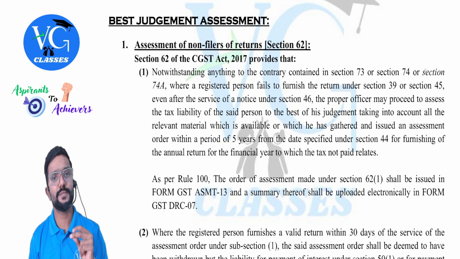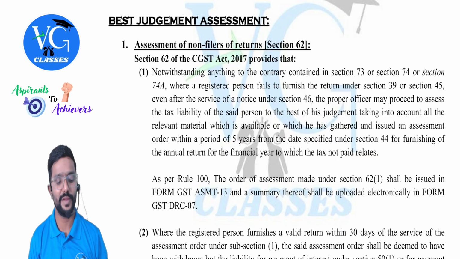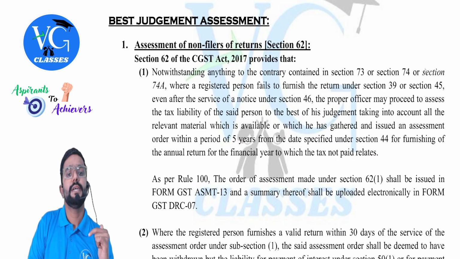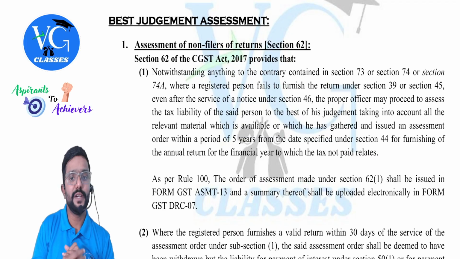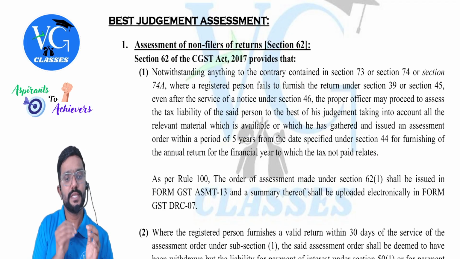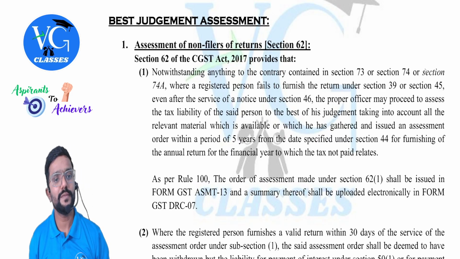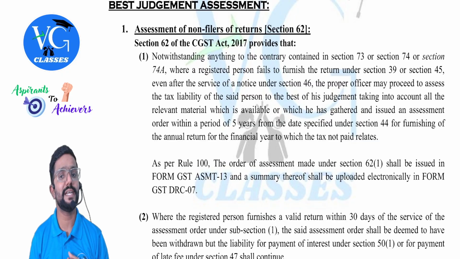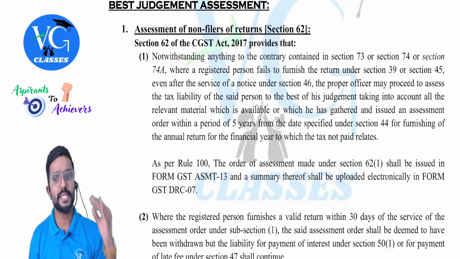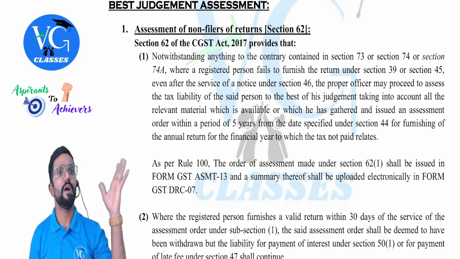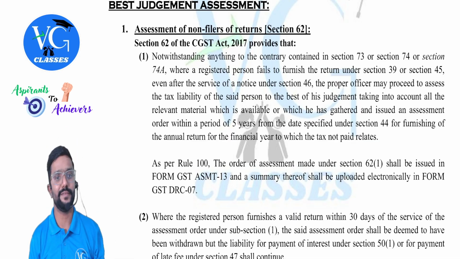Under best judgment assessment, two things are there: non-filers and unregistered persons. Both will come. Assessment of non-filers of return, section 62. Section 62 of the CGST Act 2017 provides that, notwithstanding anything to the contrary contained in section 73, 74 or 74A, all three talk about demand and recovery,